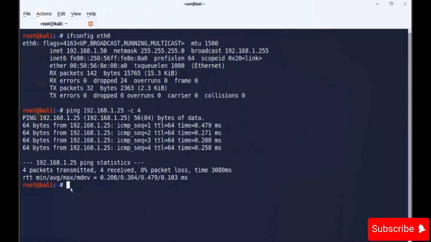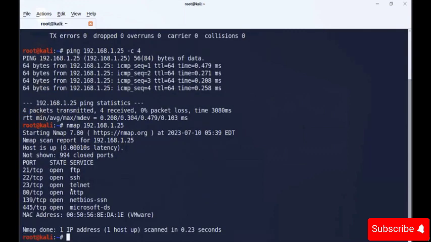Now let's perform the scan using Nmap on our target system. Using Nmap is very simple, very easy. Just type nmap followed by the target IP. And here we have the output, and you can see it says port FTP is open and the port number is 21. Then SSH is open with port number 22. Then Telnet, then HTTP, and then SMB services.